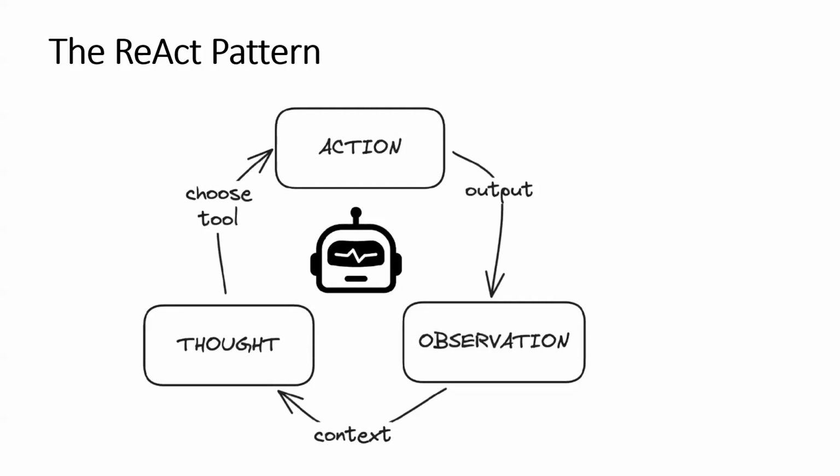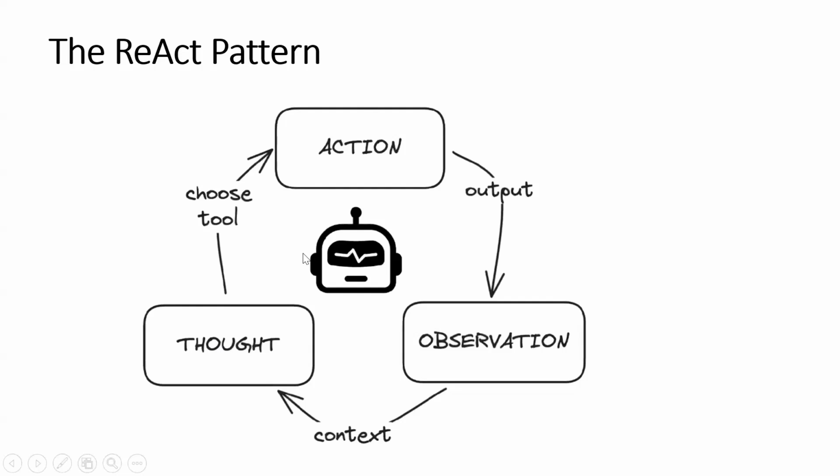This loop can be automated in such a way that once I send my instructions, the LLM and my agent should be able to think that, okay, in order to accomplish this task, this is what I need to do, and it will perform all those tasks one by one, and return the user the final answer. This loop can be seen as the React pattern. There is one research paper which was released. So this pattern is called React. What is the React pattern?